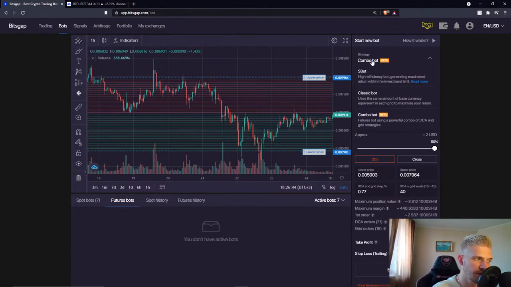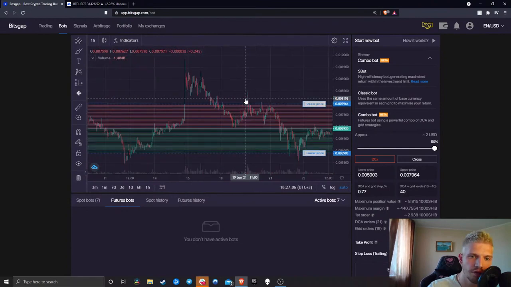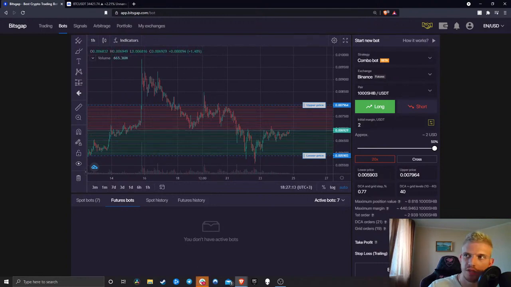That's why it's called the combo bot, because it's a combination of different algorithms. You could say the combo bot has inherited some features from the ASBot as well. And of course we are working on other products for the futures market. It's just that, once again,